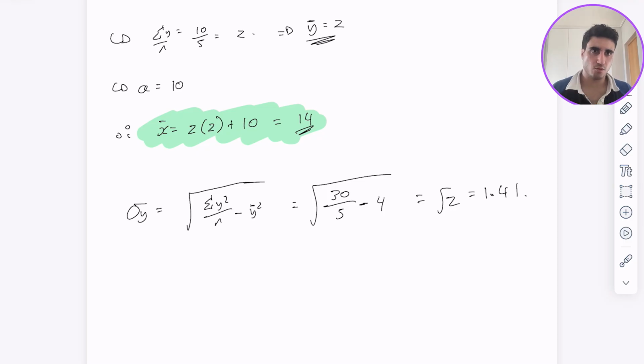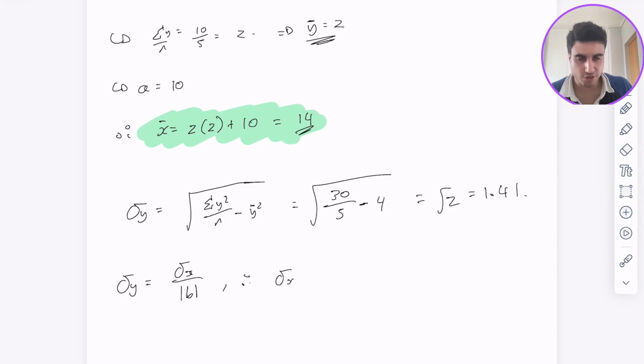Now remember what our formula is. We know that the coded standard deviation is equal to our original standard deviation over our scale factor. So therefore our original standard deviation is going to equal